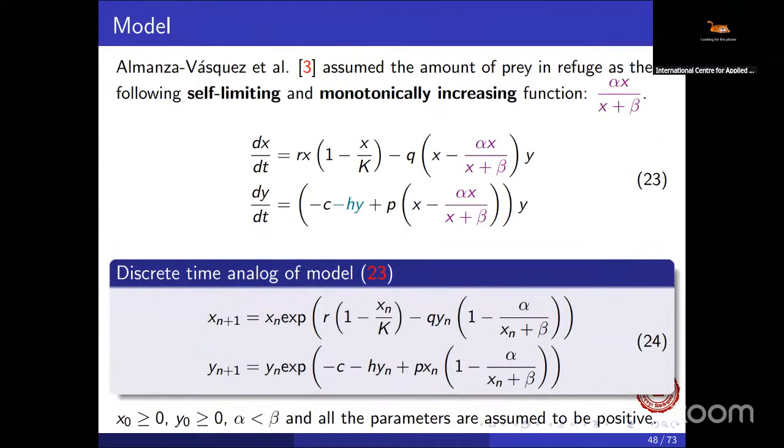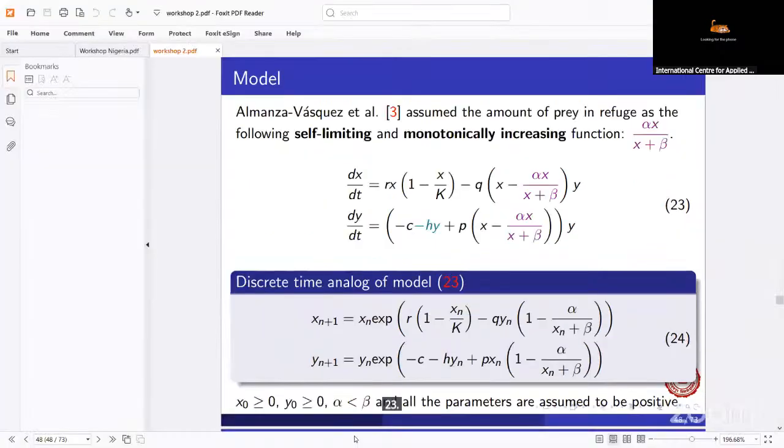The discrete-time model is like this. This is the parameter value. Now we